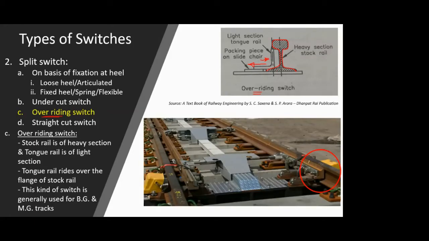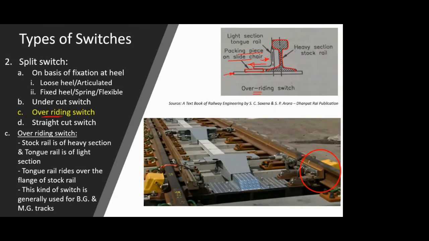To match this level, there is an extra plate that you require, so that a total level is maintained, so that when the sliding action takes place, the tongue rail doesn't slip from this foot. That is the packing piece on the slide chair that we provide. This is the slide chair in this case. As I told you yesterday, the slide chair is not actually L type, but a lot of times it is just a flat plate itself. They have just given it the name slide chair.